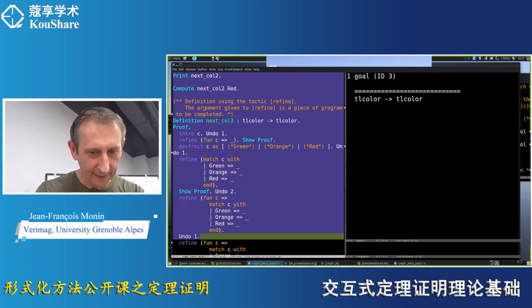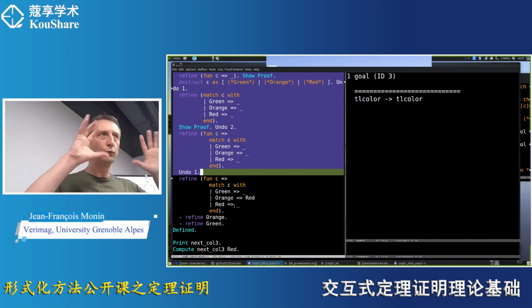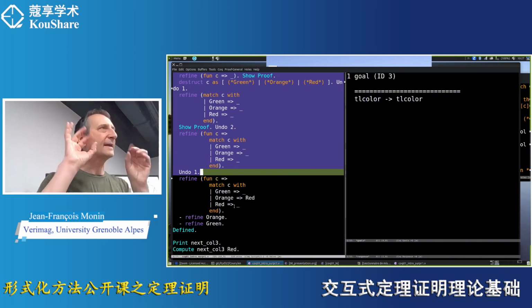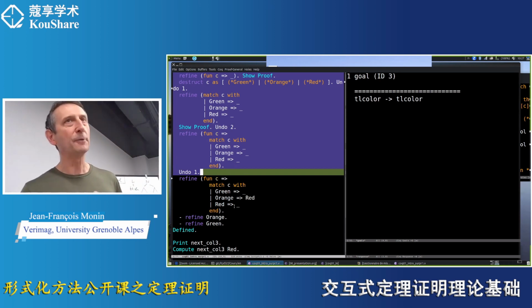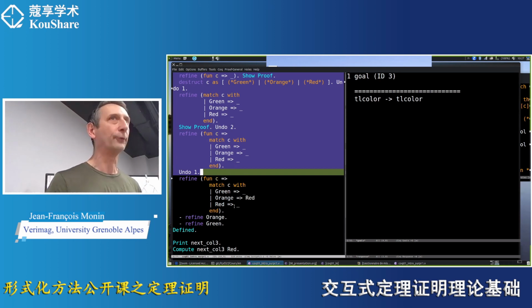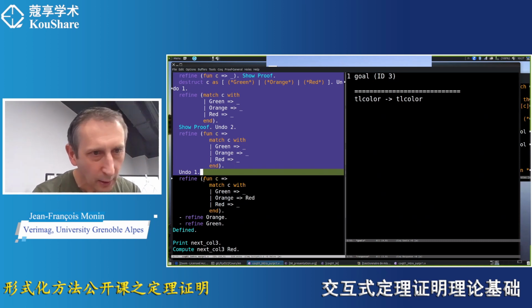Let us undo that. I will show you something else. Now you see that I have more freedom than before. Before, I could use only intro and destruct, so I could do only very basic steps. But now, I have the power of programming with holes, so the piece of program I provide here now is